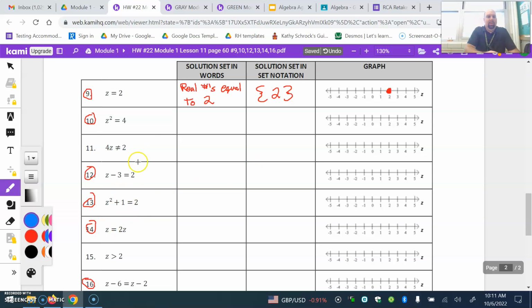Okay, for the next one, z squared equals 4. Now, if you remember from what we did in class, if we take the square root of both sides, I know before you remembered z is equal to 2, but it is also the opposite because negative 2 times negative 2 is 4. So that's what we get. So for this in words, we say all real numbers